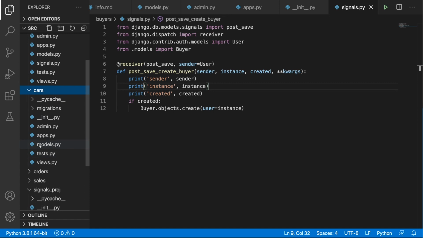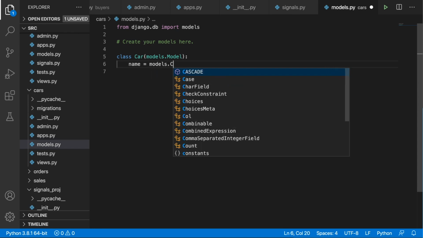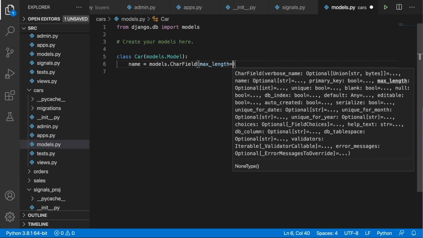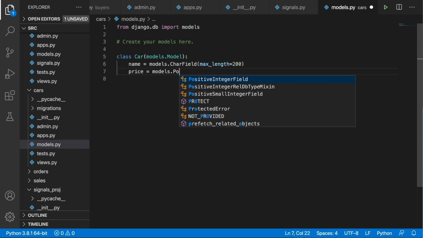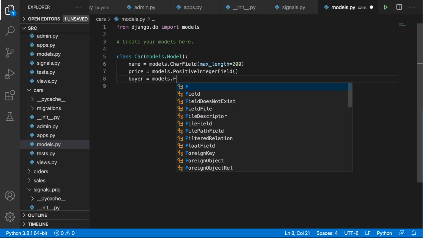Again, we will begin with the models.py file. Let's define a new class called car. This inherits from models.Model, and we will have 4 fields altogether. The first one will be the name. It will be just the name of the car. This is going to be a char field with the max length of, let's say, 200. And then let's also put in a price, and this is going to be a positive integer field. Okay. And then we will have the buyer, and this is going to be a models foreign key to